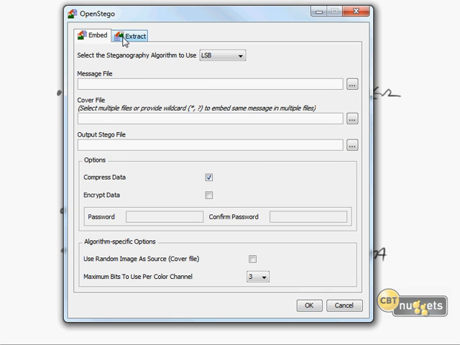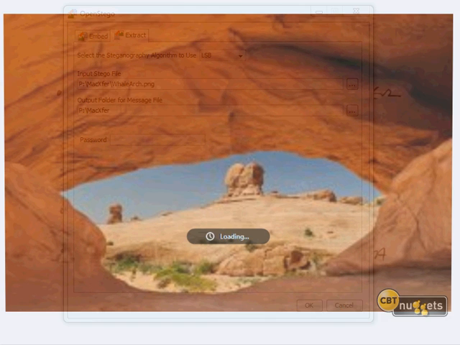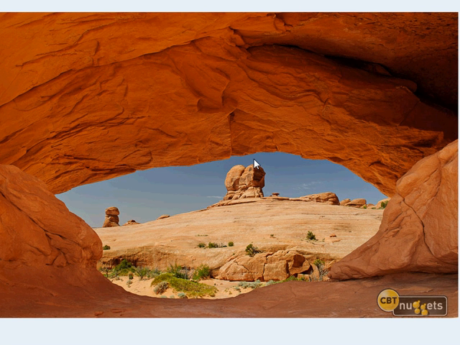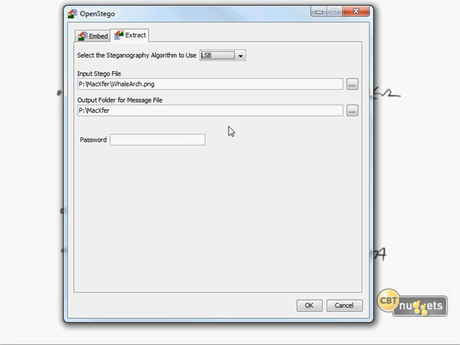So now that that's been done, I can extract it. But before I do that, let me just double-click on the PNG file. Okay, there it is. This has my secrets.txt file in it. There's no way to tell by looking at this. The way it does this, by the way, is it takes advantage of portions of JPEG or PNG files that are not actually used to display the image. So there's no way to tell, just by the naked eye at least, that there is any message in this, even though there is a text file in there, as we know.